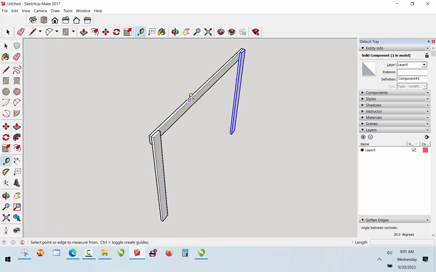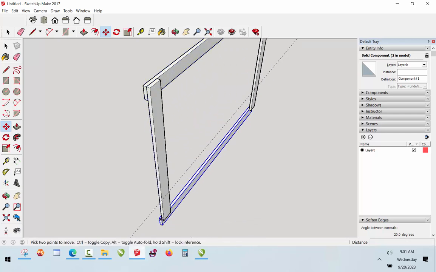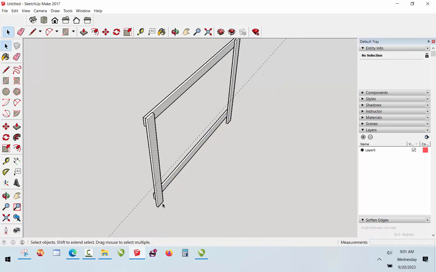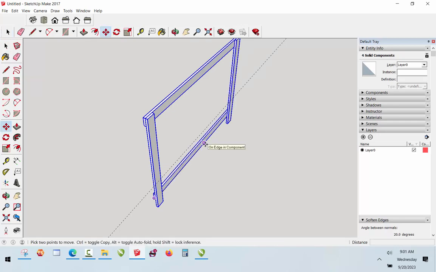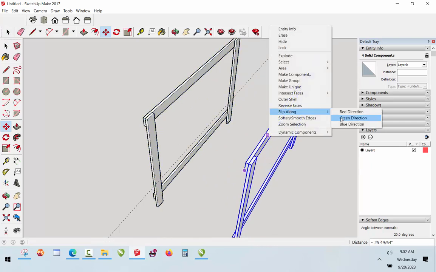Beautiful. Now, the whole thing on this particular one has to be 14 inches deep. So we'll grab our tape measure tool and type in 14. And then we'll grab this component here and we'll move it down to here. And I know it has to be 6 inches up from that. Okay. And so that is, well, I guess this would be the back. And then what we're going to do is grab all these components and just slide them over here, make a copy of them. And then we are going to flip it around